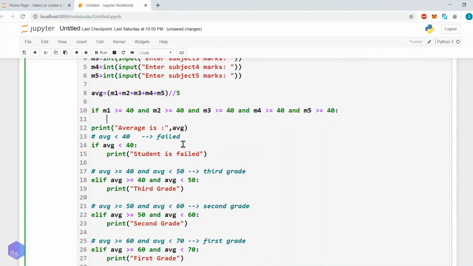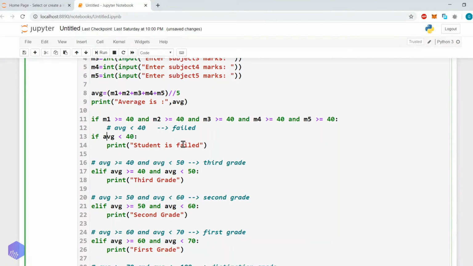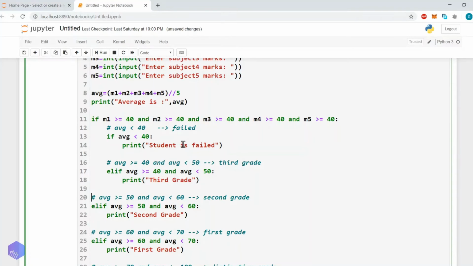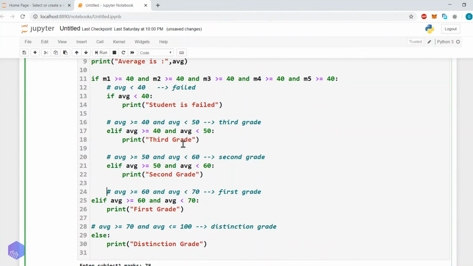Then and only then we will go with the condition checking, otherwise we will display that the user is failed. Now here you can see this is the best example of indentation. This can be the best example at introductory level.